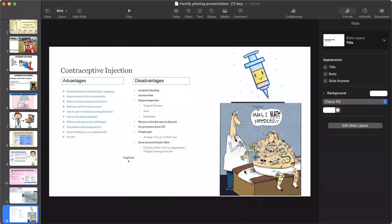What are the advantages and disadvantages of contraceptive injections? Advantages are decreased menstrual bleeding, decreased cramping, improvement with endometriosis, reduced risk of endometrial cancer, reduced risk of ovarian cancer, safe to use with blood clotting disorders, good with seizure disorders, effective for physically challenged, decreased ectopic pregnancies, breastfeeding is not compromised, private. Disadvantages are irregular bleeding, amenorrhea,